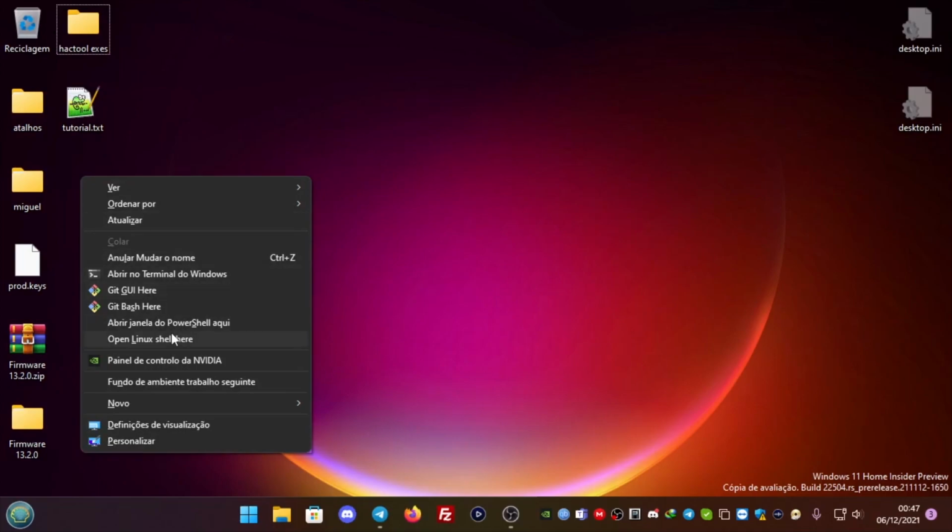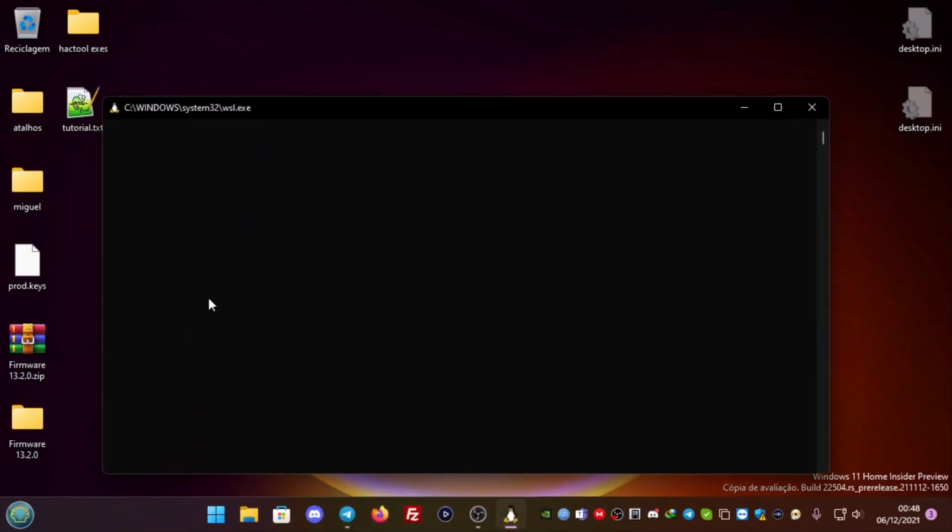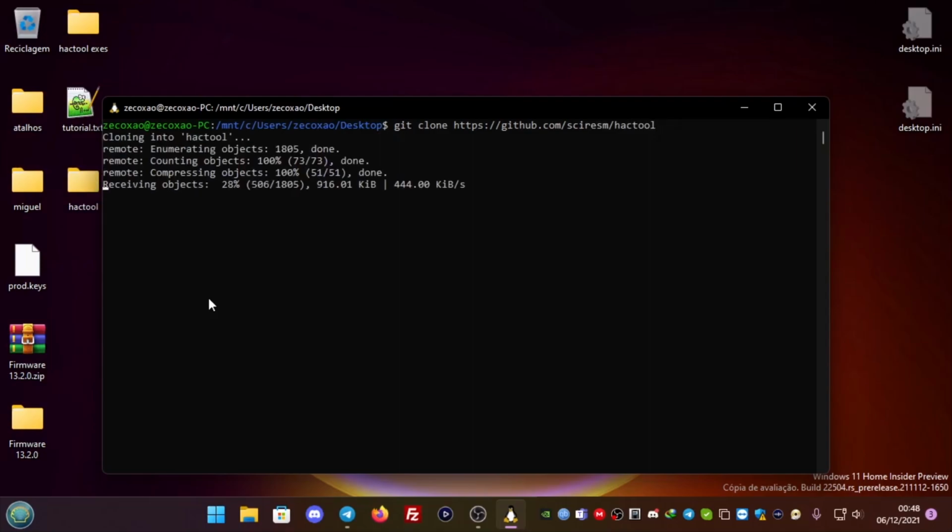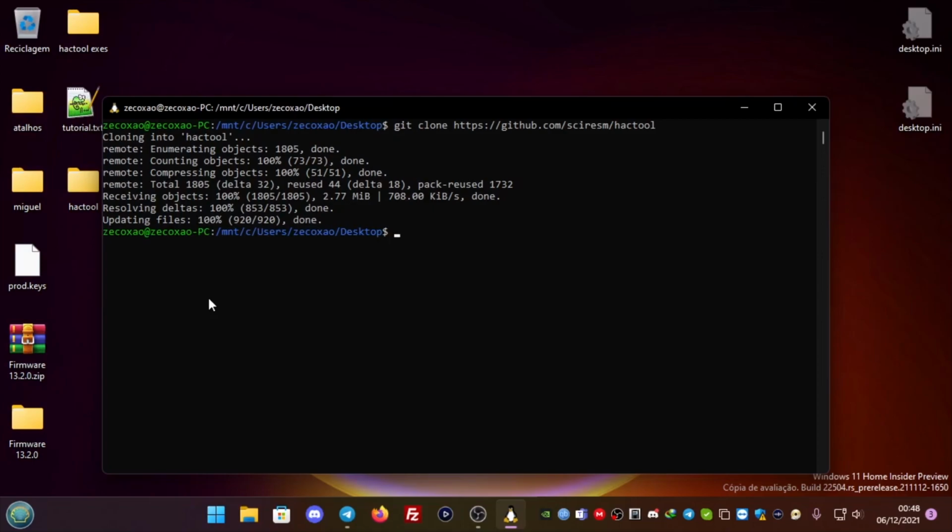You open up the Linux shell and you clone it from github.com/cyrezm/hactool. It will clone. After that, you cd to